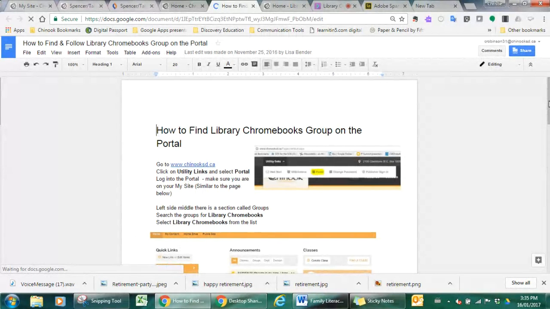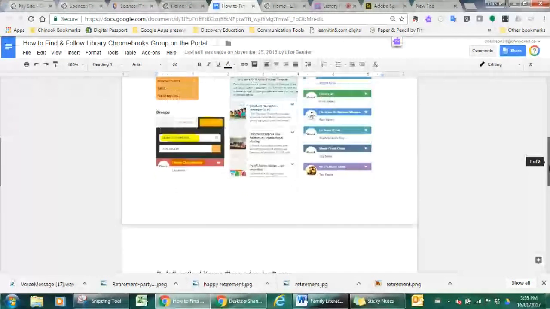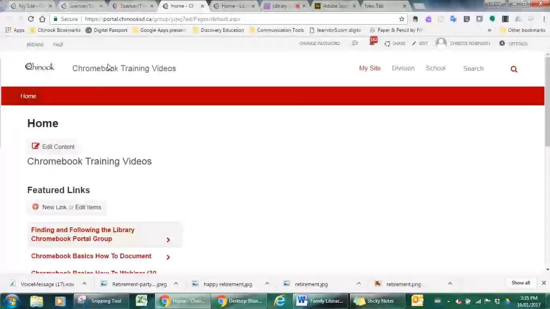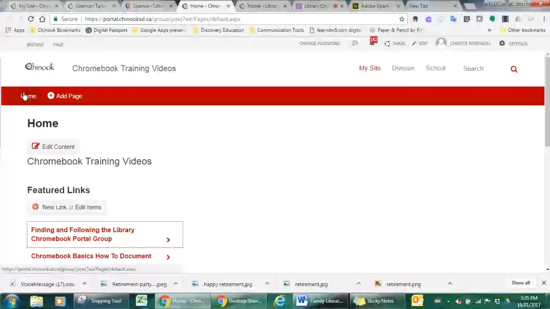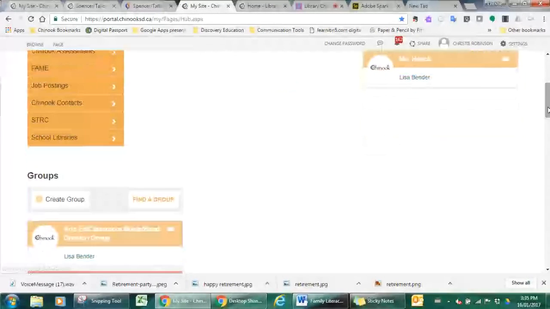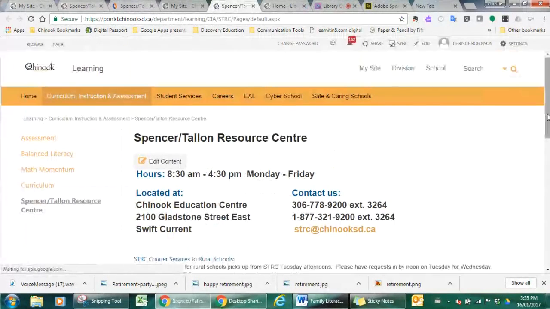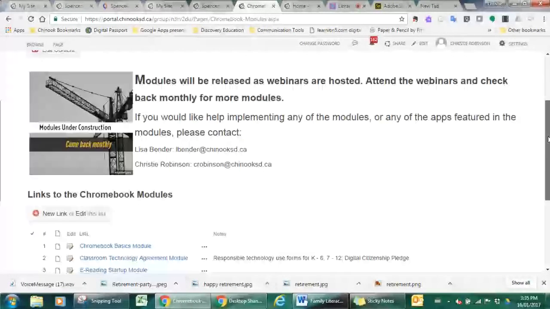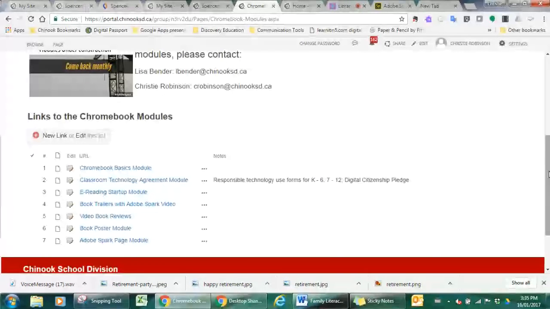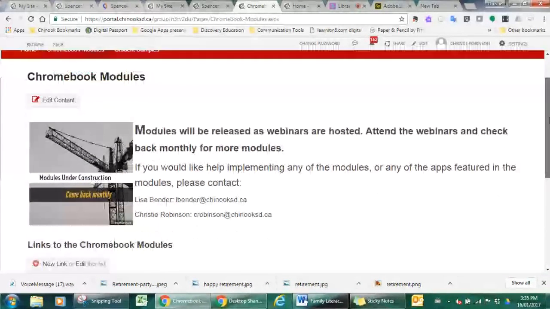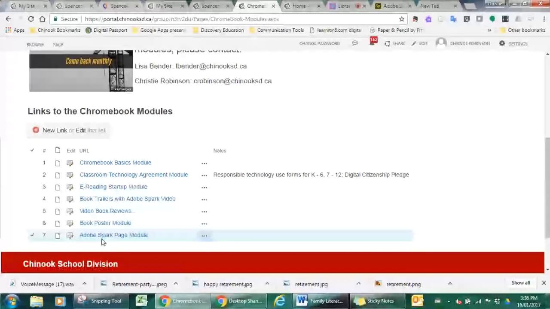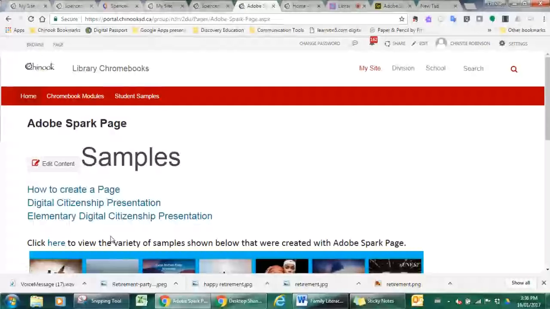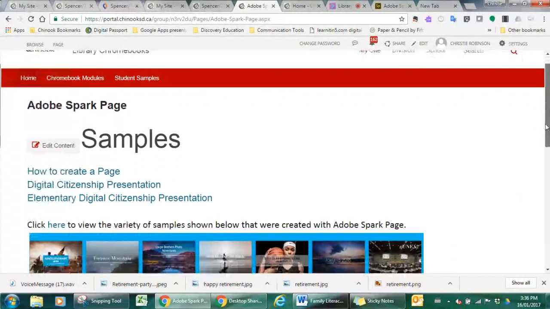Okay, so here's a sample of the document that you can follow. All right, we are going to first go to, oops, I'm going to use the STRC path because it's generally the quickest. And I'm going to scroll down after clicking on the Chromebook modules on the top menu bar and you'll see at the bottom the Adobe Spark Page module. If you click on that, Lisa has set up our module, and you can see at the